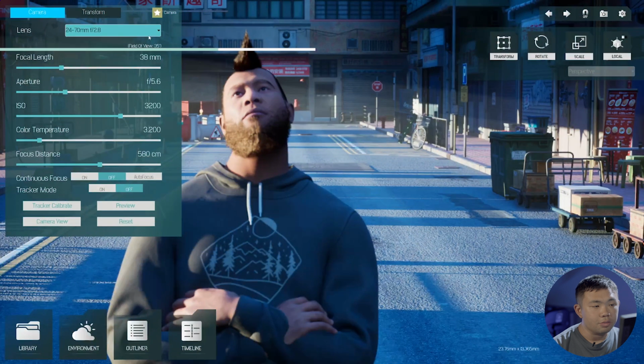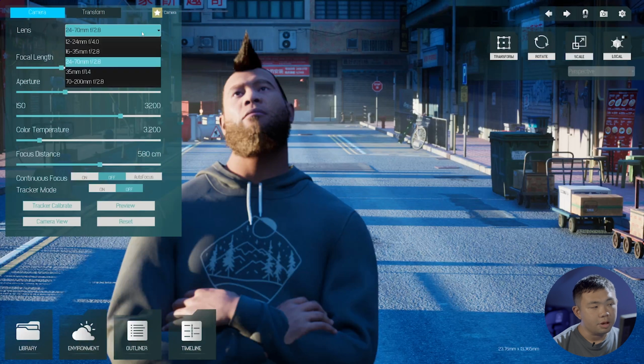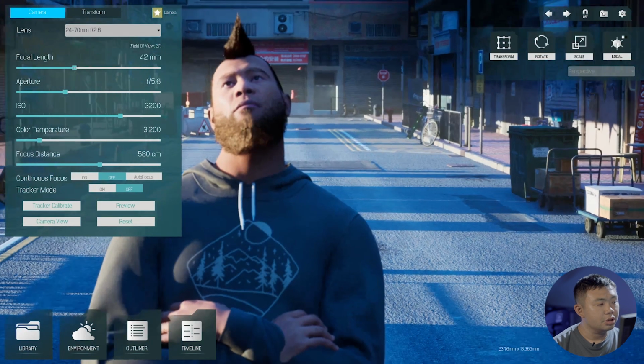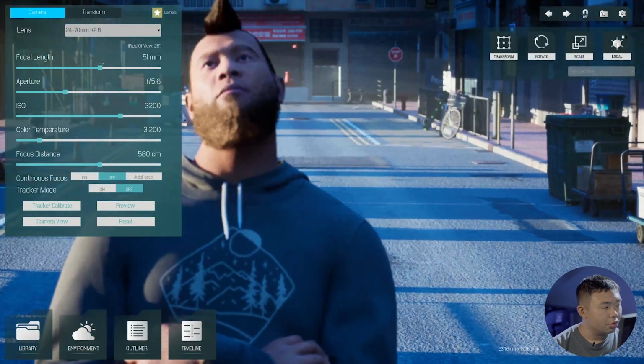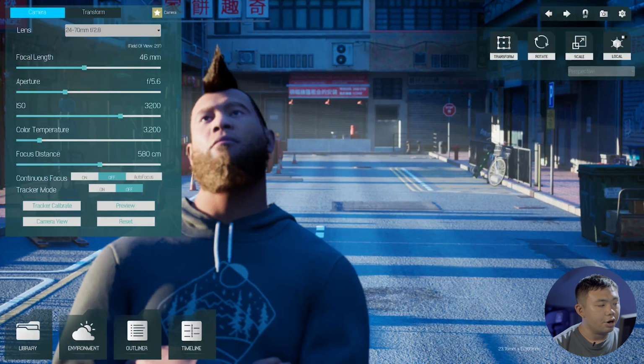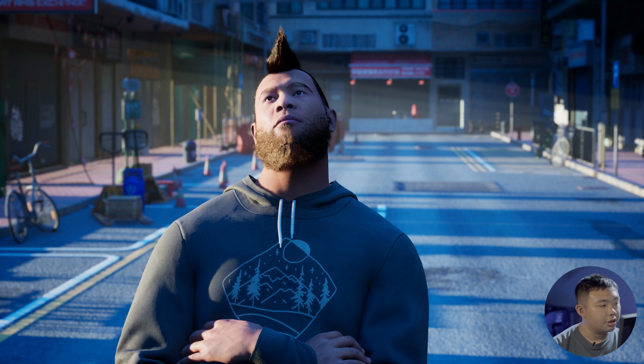Next, let's try the medium focal length, typically ranging from 35 to 70. So that's why 24 to 70mm is the most common lens that we use. This focal length offers perspectives that are closely similar to our human vision. It provides a natural look to your scenes. They're also useful for everyday common shots, as they don't introduce much distortion or compression. They're perfect for mid shots or two shots, where you want to have a balanced and realistic representation of your